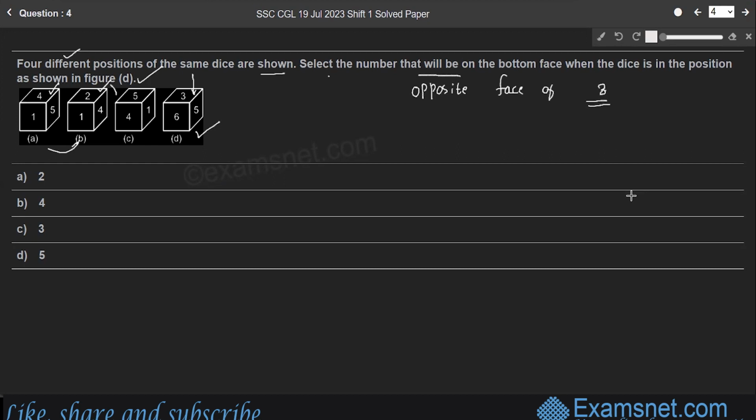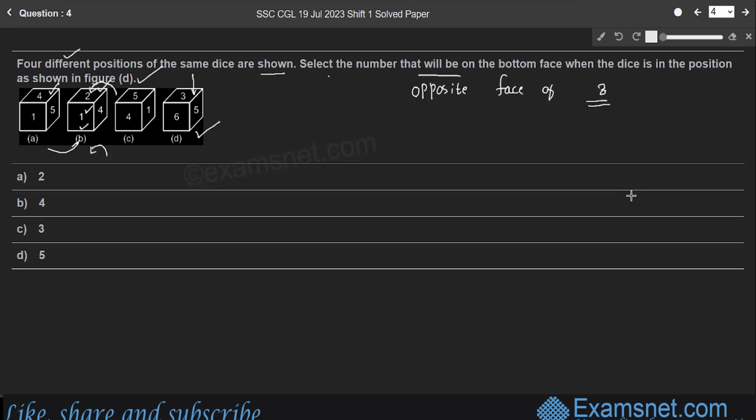Rotate the second position of the dice through 90 degrees in the anti-clockwise direction, right? When it is rotated through 90 degrees, 4 becomes the top face, right? Keeping the front face constant,